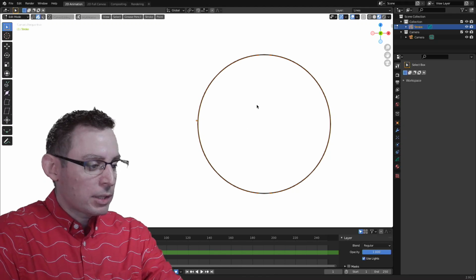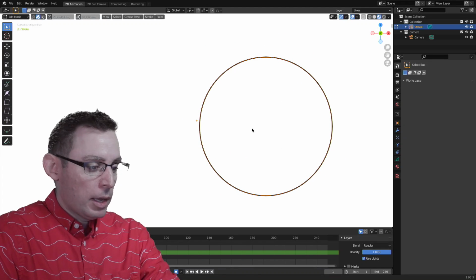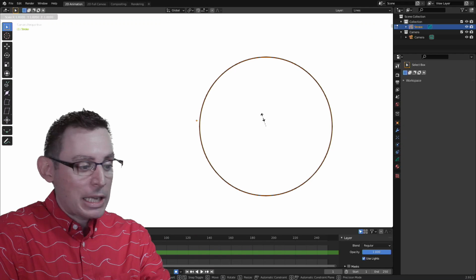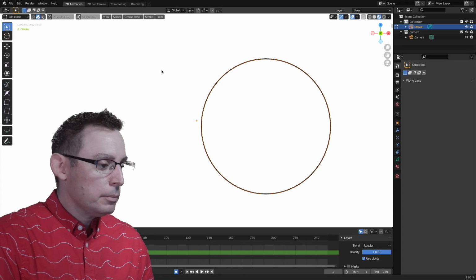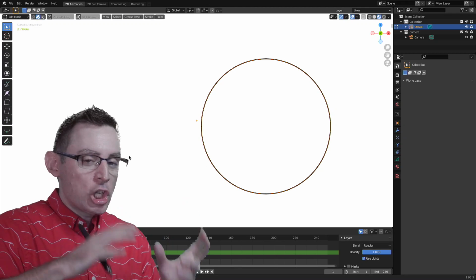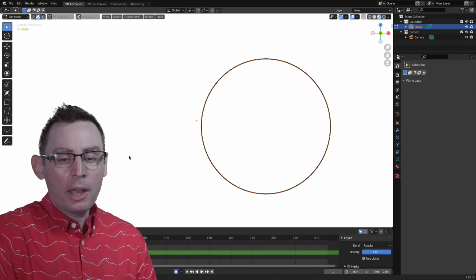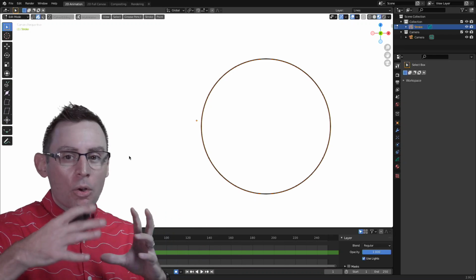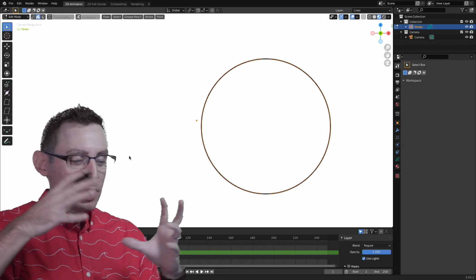And with that stroke selected, of course, I can grab it using the G key, left click to confirm. I can rotate it, but it's a sphere, so we're not going to see anything. I can also hit the S key to scale it up or stretch it up and down, left click to confirm. And now we're ready to start working with changing the fundamental shape of it. The G for position, R for rotation, and then S for scale allow us to uniformly change the overall stroke itself. It's not going to change the actual stroke shape. It's just going to keep its proportion.